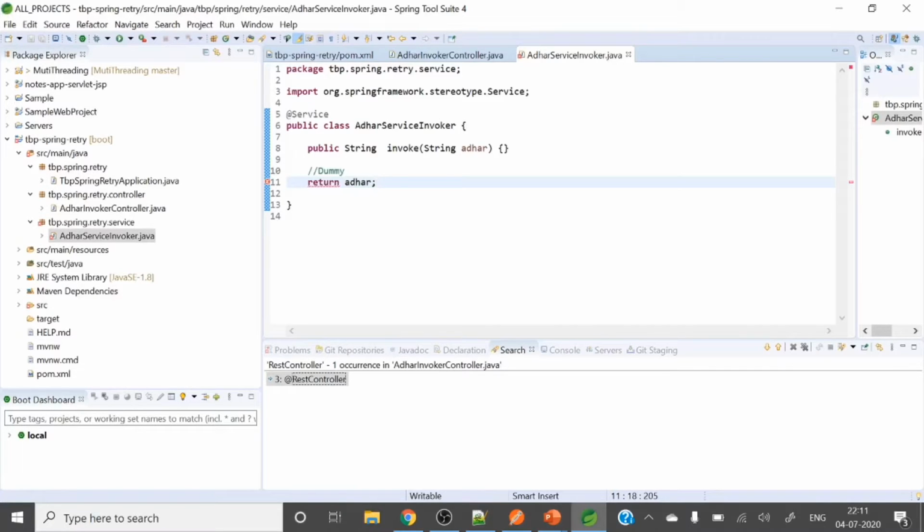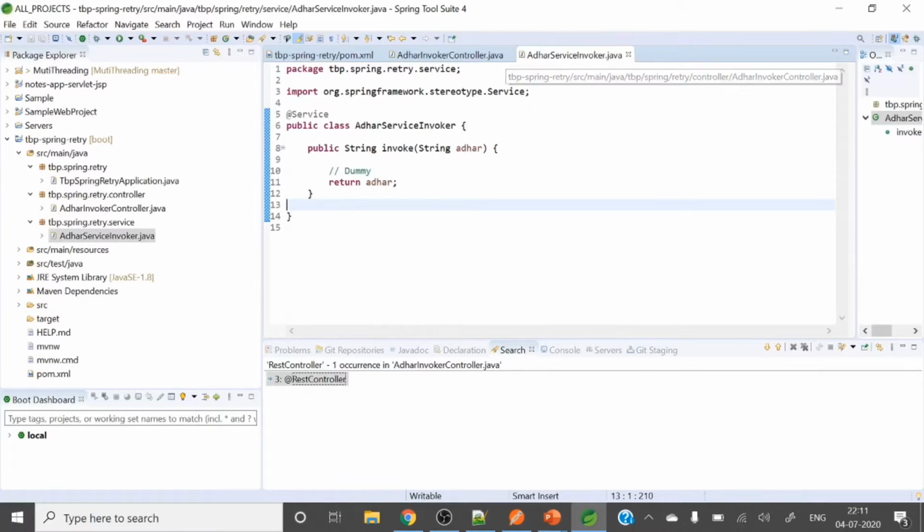Sorry, we need the method body, right? Okay, so here I have saved.